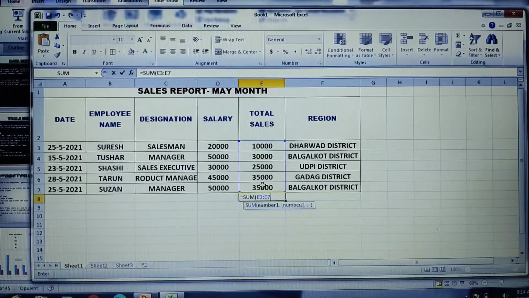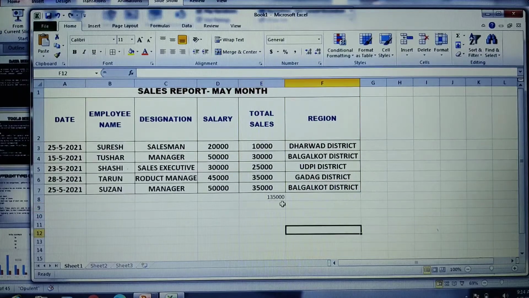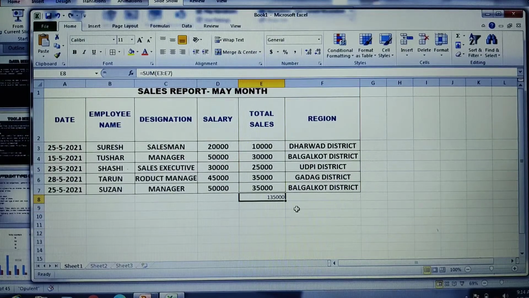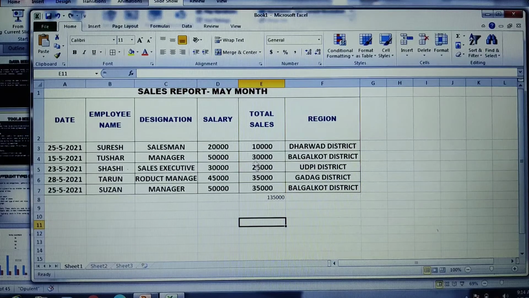You should know how to write it manually, as well as how to take the range of cells. When you click on Enter, see here it is 1,35,000. You can see that formula in the formula bar, that is fx. This is the formula bar for us. I hope you are understanding how to create the formulas.